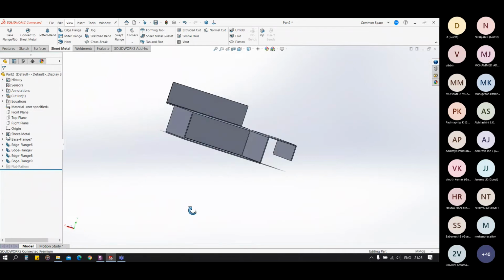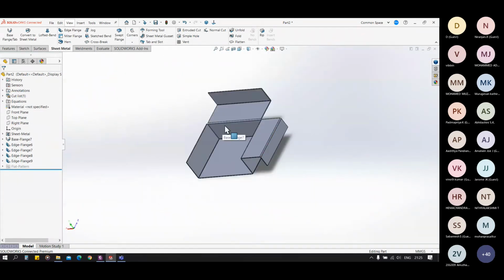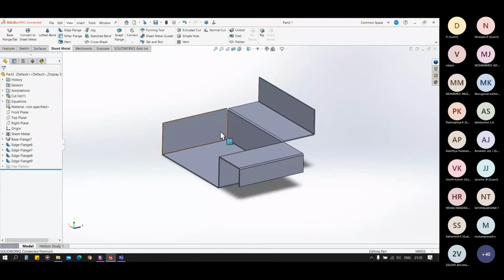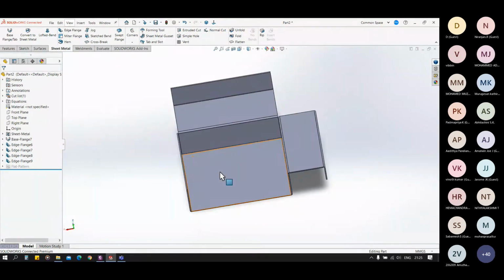So let's suppose we have a product like this, and now we want to give manufacturing details of it. How much area of sheet will be required, how much length, width, all those parameters. So how do you count that this much area, this much length, this much width of sheet will be required?